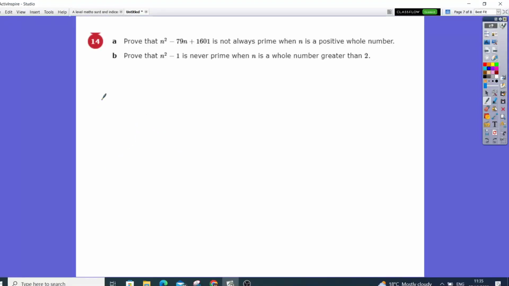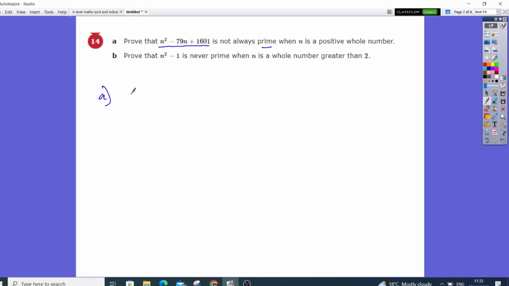Okay, let's just have a quick look at this. First one: prove that this expression here is not a prime when n is a positive whole number. So before we start, let's just have a look at this expression, and what I can do is, if I